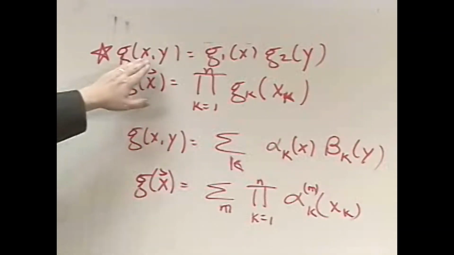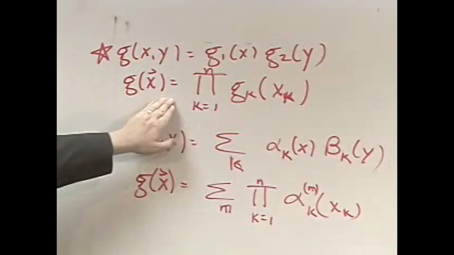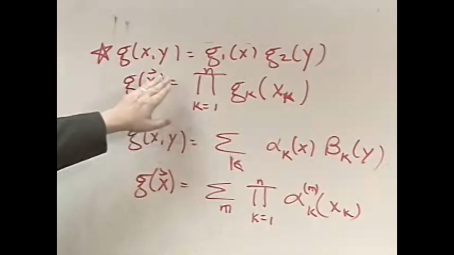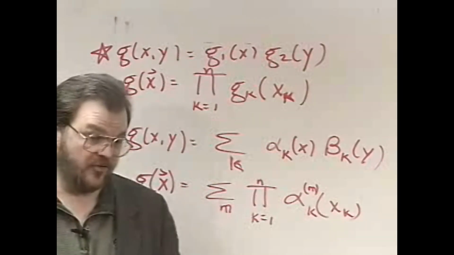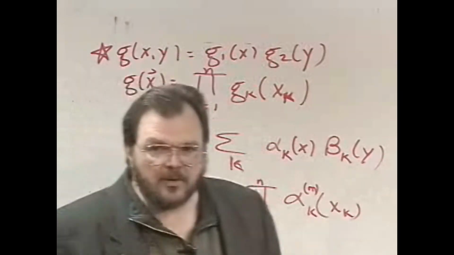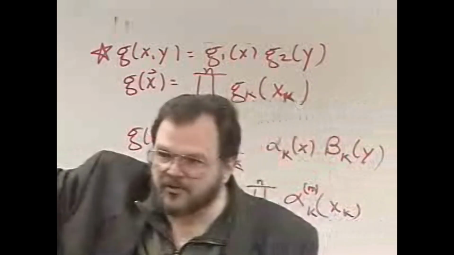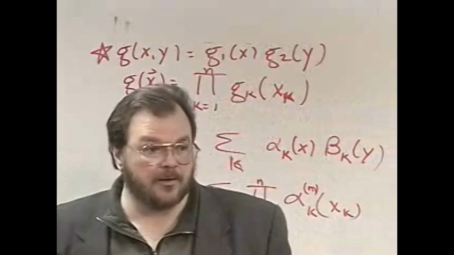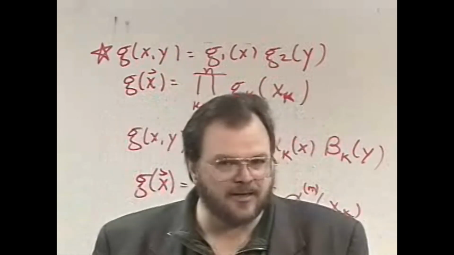But this is separable in 2 dimensions. This is separable in n dimensions. And we talked previously about viewing this as smearing the one-dimensional function into the higher dimensions. In 2 dimensions, for example, it's like smearing the x function this way, smearing the y function this way, and multiplying the two together. And that's a nice way to visualize it. It's the way that I visualize it, yeah.